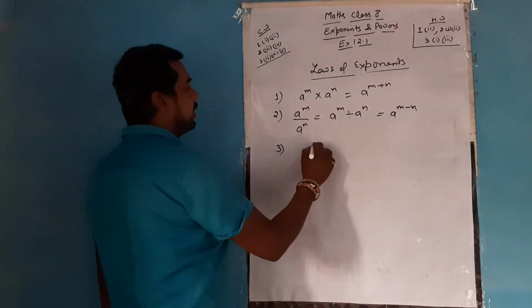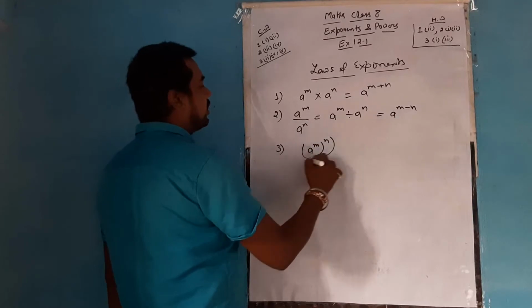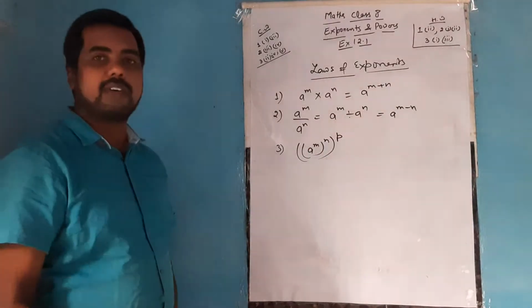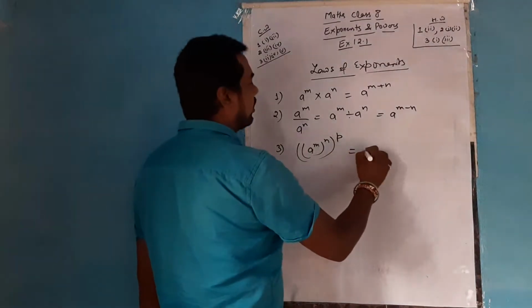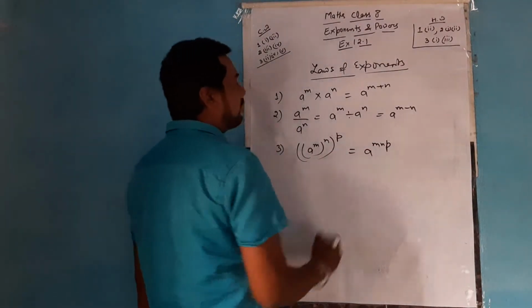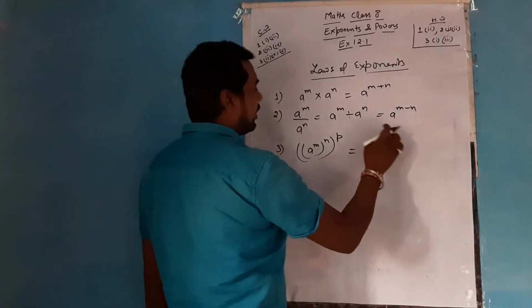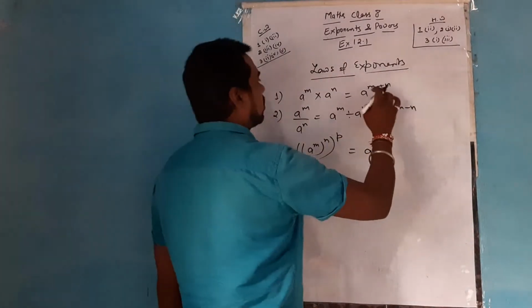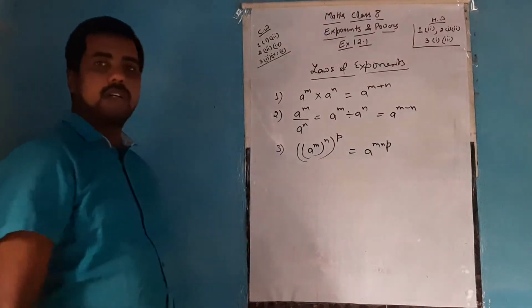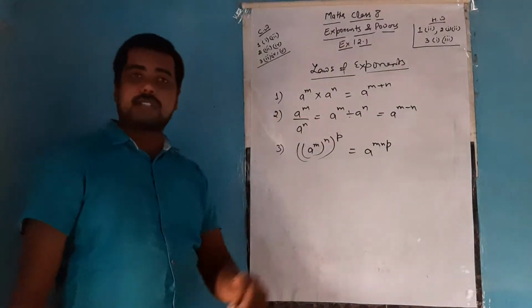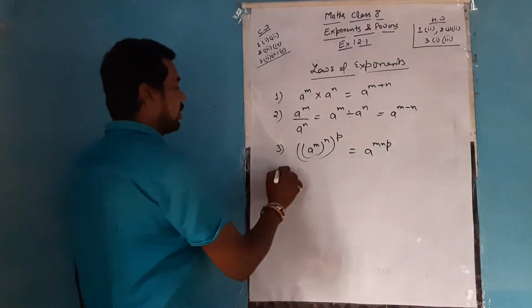Third law, if any base is having three different types of power or two different types of power, a power of power is there, then consecutively we multiply all the powers, whatever we got the answer. Actually, when we write a number in this form, these are called the exponents, exponential numbers. So our chapter is based on these exponential numbers only.